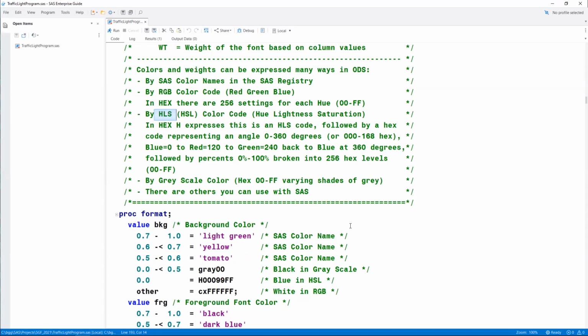It too has a code that is both hexadecimal and degree in a 0 to 360 degree circle on what the hue, lightness and saturation should be. So it's a different code, but also used in the industry. And then there's a gray color code, represented with the word gray and then a hexadecimal value to indicate a different gray shade.